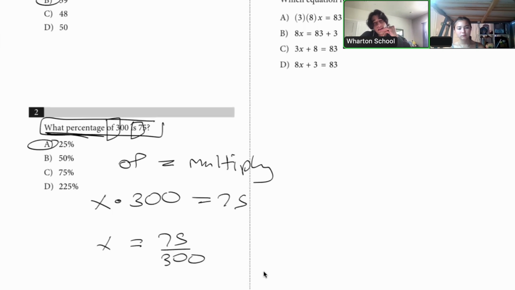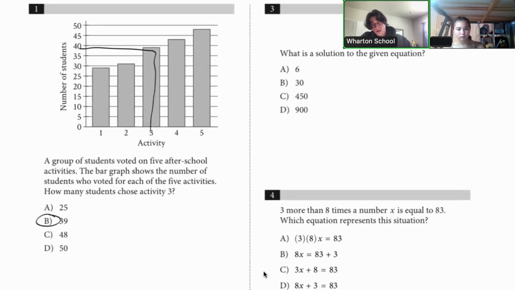It's basically saying that we're going to combine a bunch of different things you learned through all those years in high school, and we want you to combine them and implement them together. But when you do so many problems, you won't even have to think about it like you did just now. You would just know immediately that x times 300 is equal to 75. Put in my calculator, 75 divided by 300. That's the answer. Circle. Let's move on. So when I was saying in the beginning about doing a lot of questions, that's how you do well. But it's also about checking your answers and being vigilant with